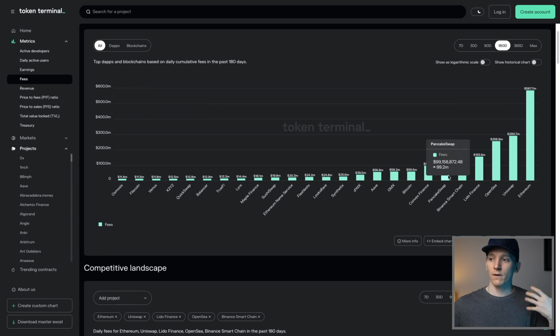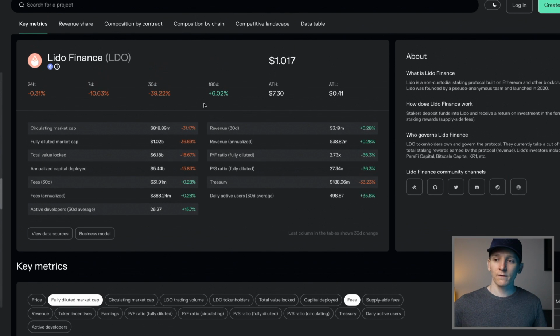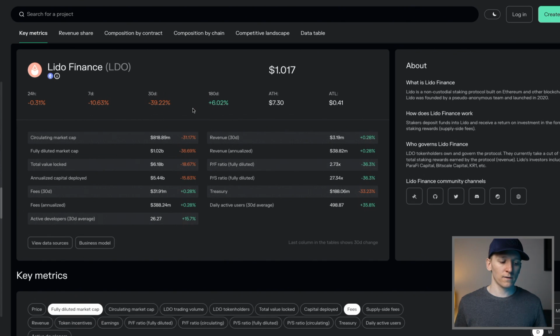Lido Finance, PancakeSwap, these are exchanges. They charge a fee to people, so we can put a valuation on them. For example, Lido Finance, this is a business. It's an application. It's a business. They provide infrastructure and they provide validators and they take a fee for the service that they provide.